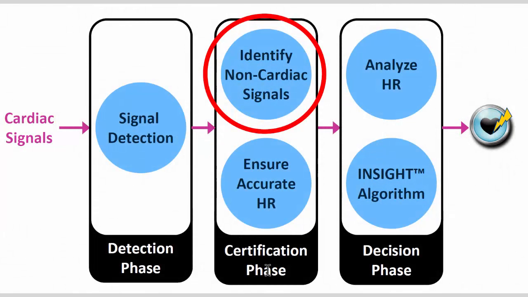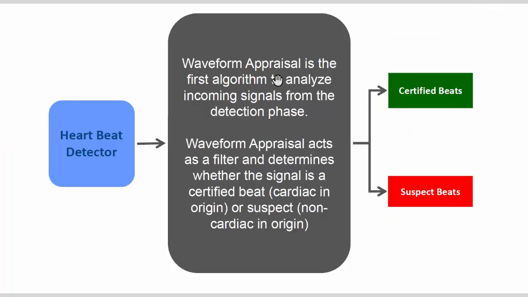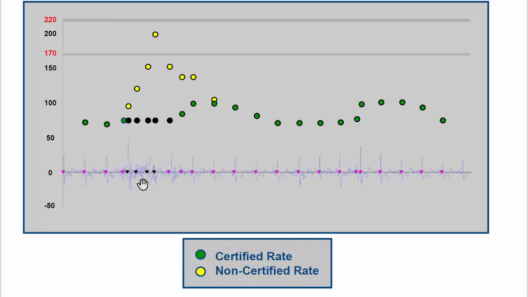During the certification phase, there is first identification of non-cardiac signals. A waveform appraisal is the first algorithm to analyze incoming signals from the detection phase, and this waveform appraisal acts as a filter and determines whether the signal is a certified beat, so cardiac in origin, or a suspect beat, so non-cardiac in origin. Here is an example of noise on the tracing, and the device will recognize the noise